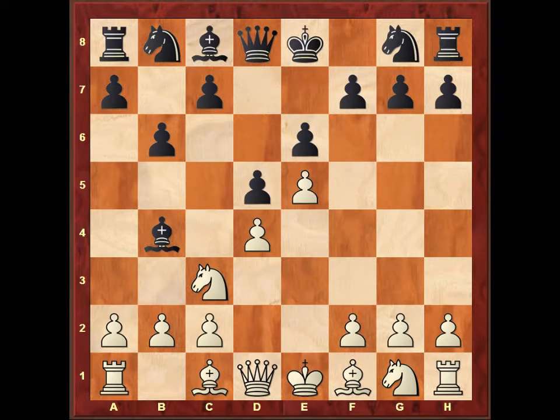Now this is a sideline. The main line is actually pawn to c5. The idea of pawn to c5 is that black is trying to break the pawn chain of white. So black played pawn to b6, and now I played, in my opinion, the most ambitious move, which is queen to g4,